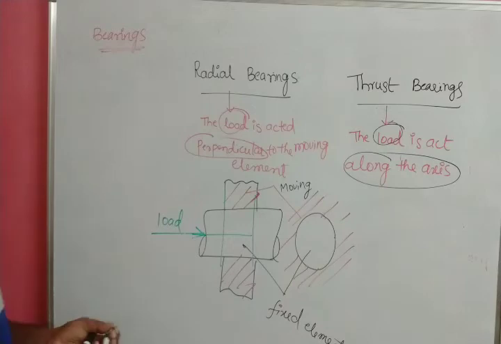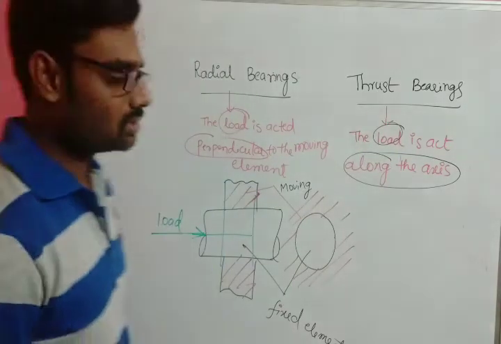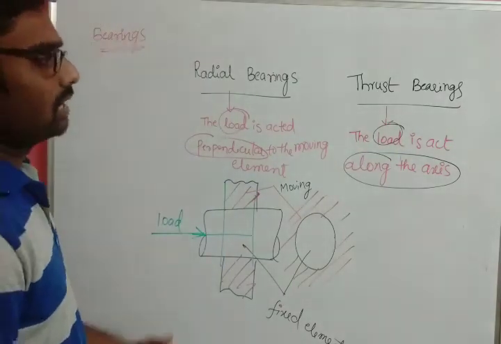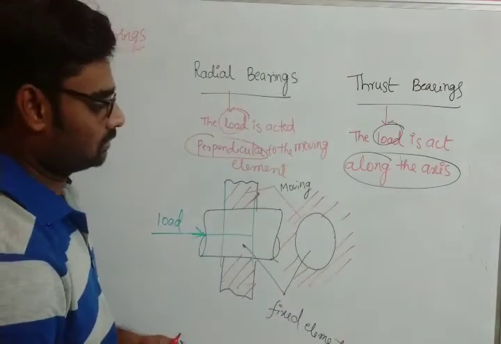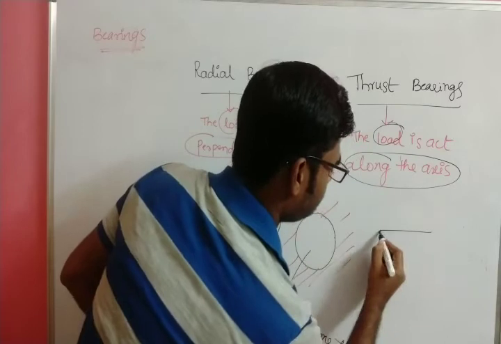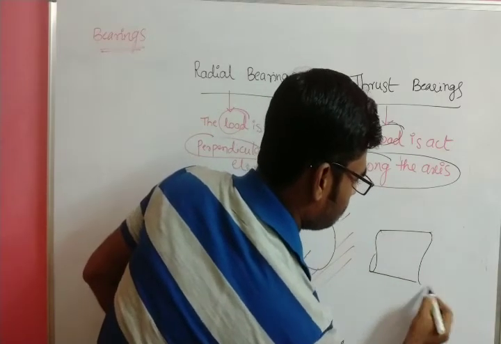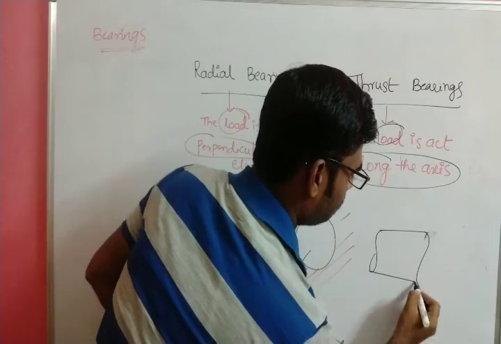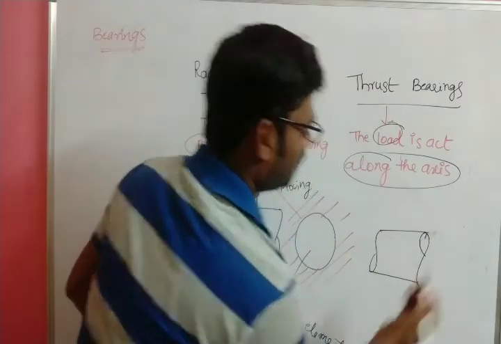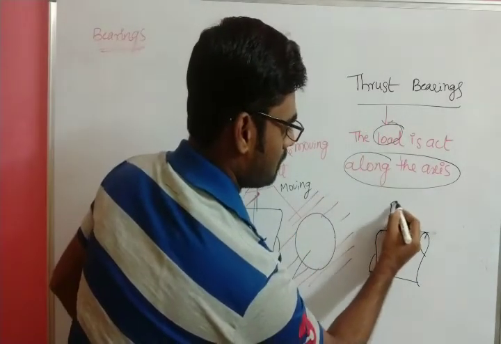Then next, similarly, thrust bearings. So what is the diagram of thrust bearings? Then shaft. The next one is,